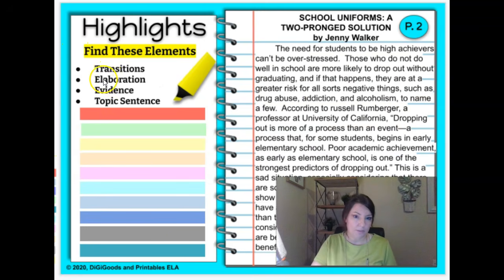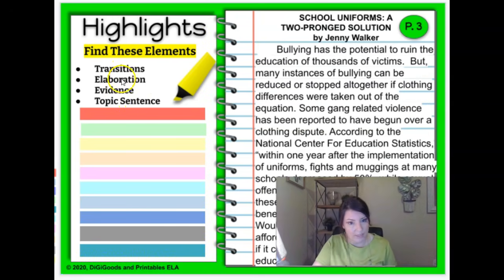Notice that in a body paragraph, I'm looking for different things. In this paragraph, I'm looking for transitions and elaboration and evidence and topic sentence. And the same thing for my next body paragraph, because body paragraphs have the same elements. They have transitions and elaboration and evidence and topic sentences. By the way, you can also find transitions in introductory paragraphs and conclusions, but I just put them here